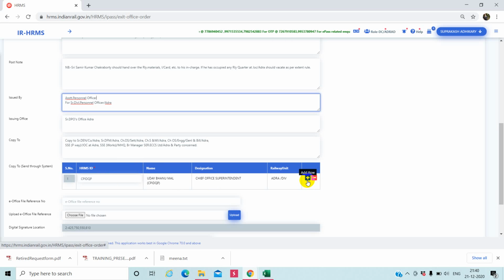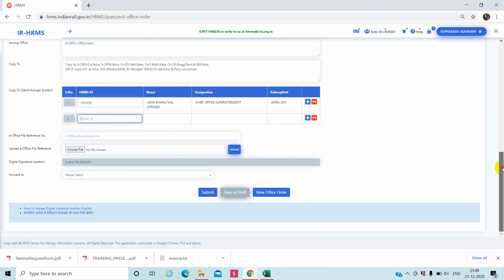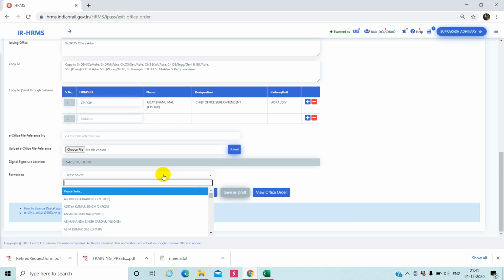Suppose you think you are giving a copy to the senior DN course, so you just add it, put the HRMS ID over here, and the name will be reflected, and you may send it. How will you send? First you save as draft and then submit, forward it to, don't forget to forward. Don't forget to give the HRMS ID of the person to whom you are forwarding.